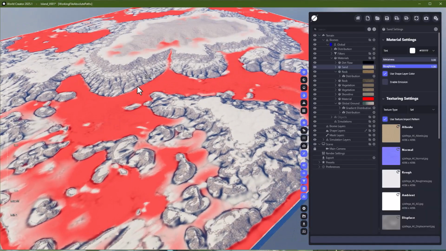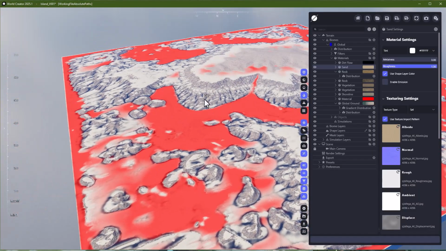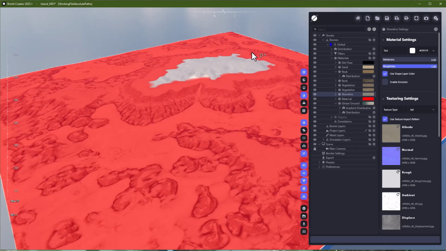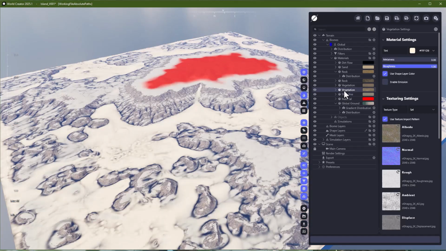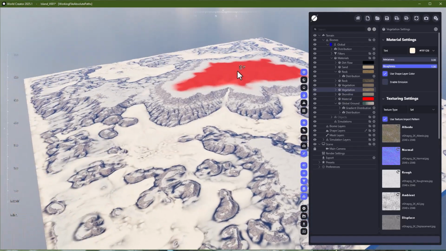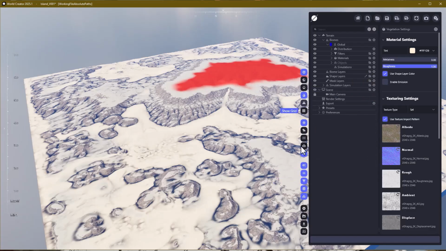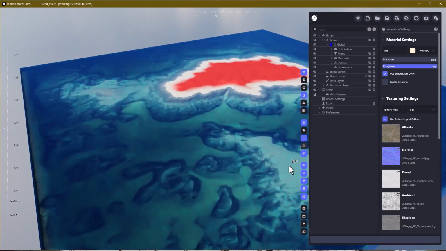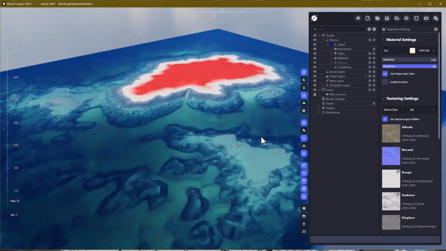Everything that's below, on deeper, is going to be sand, the shoreline of the island, the vegetation. We will use these masks later on the objects to place our objects. So it's super cool. Let's take a look again with the water, so you can see it clearly,